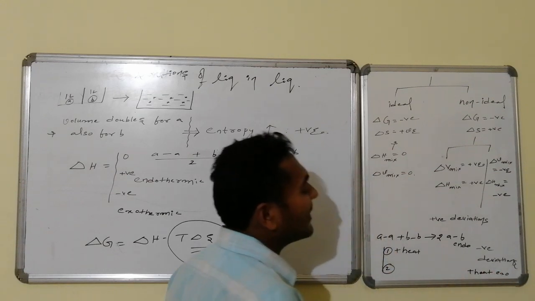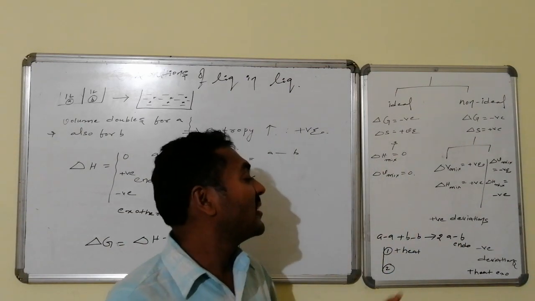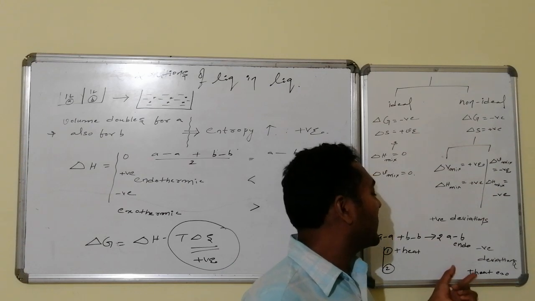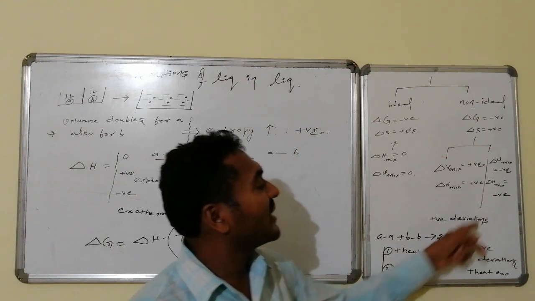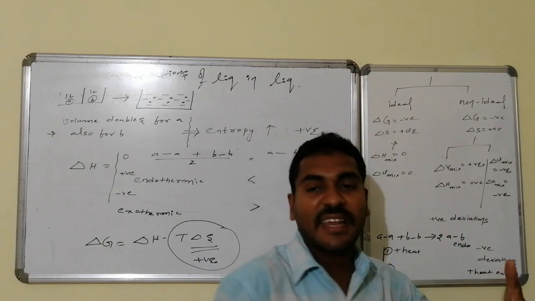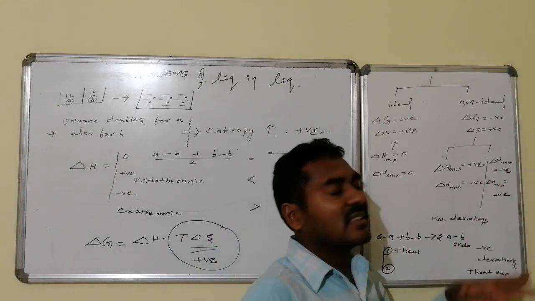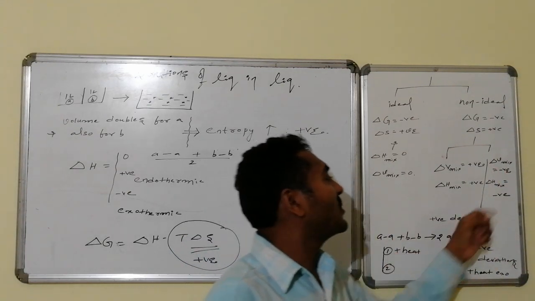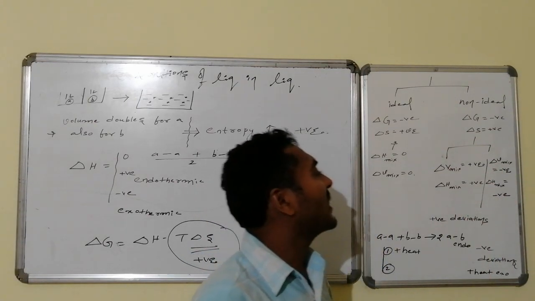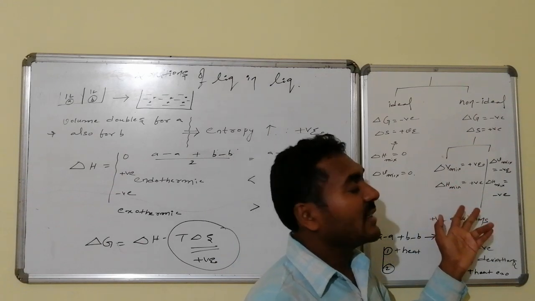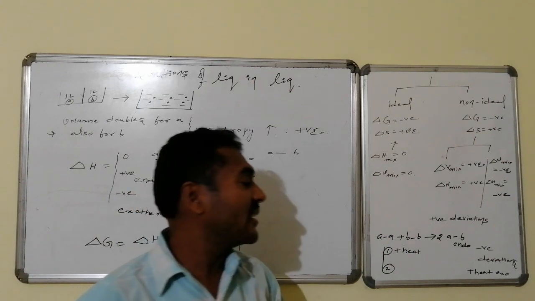Energy is liberated if AB interactions are strong. AB interactions are strong implies what? Here more energy will be liberated. That is what? An exothermic process. Delta H is negative. Interactions are strong enough, which implies what? They come closer to one another, hence the net volume will be less compared to the sum of the two volumes, that is, delta V mix is negative, delta H mix is negative, and such solutions are said to be non-ideal solutions with negative deviations.